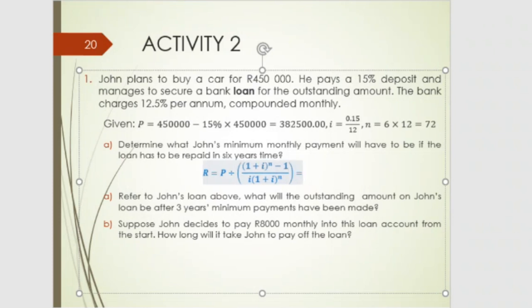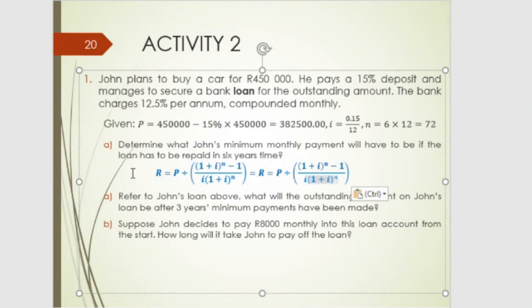Okay, then we need to replace the values. The value of P we are saying is 382500. The value of I